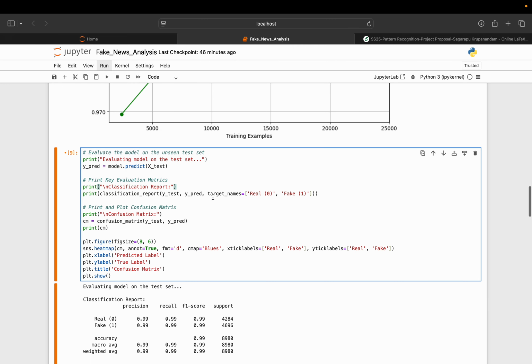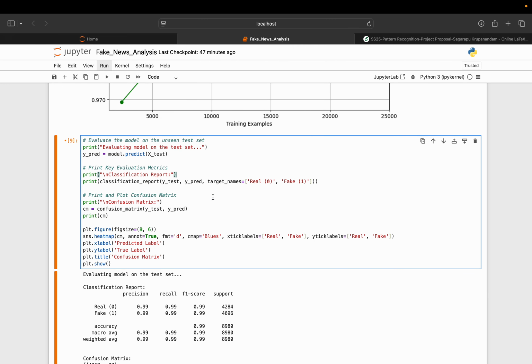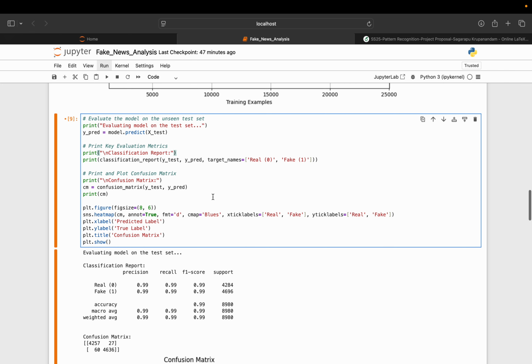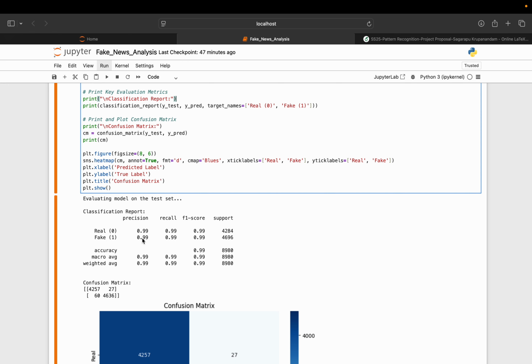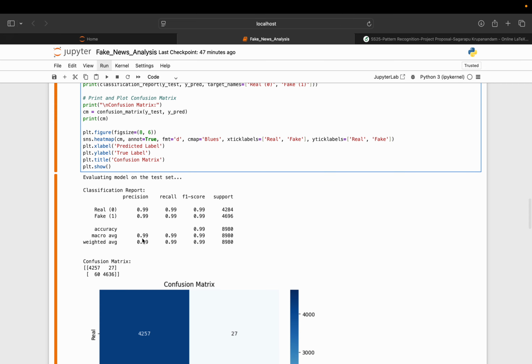Coming to the next cell, here we evaluate the model on the unseen test sets. Now we evaluate the model on the completely unseen test data. Here it is a classification report. Here we can see the classification report gives us detailed metrics. As you can see, we achieved an overall accuracy of 99%. The precision, the recall, the F1 and the support are extremely high for both the real and